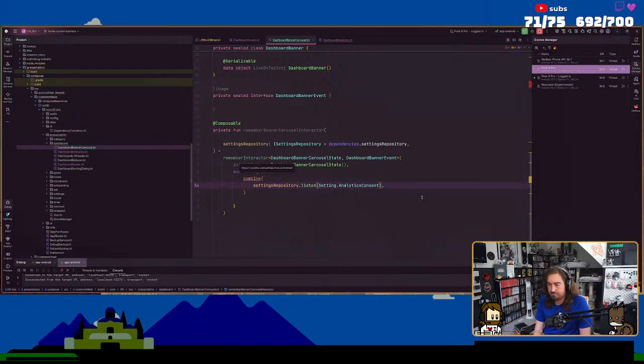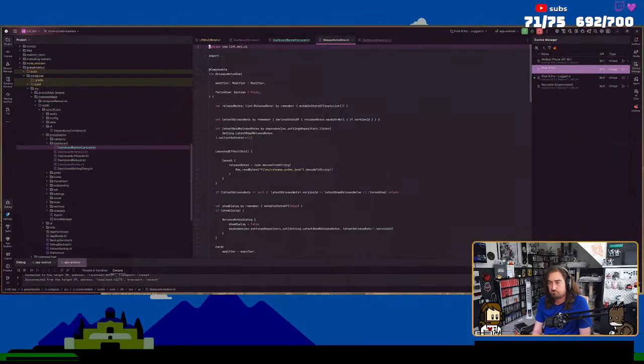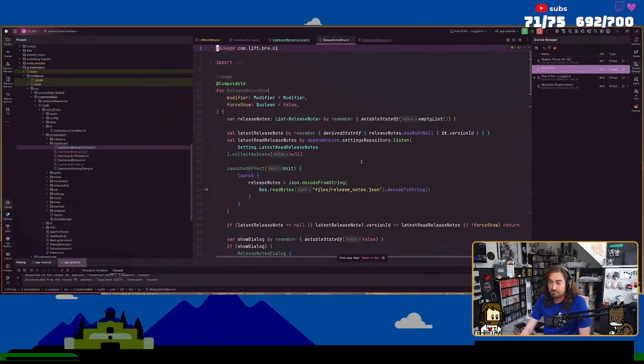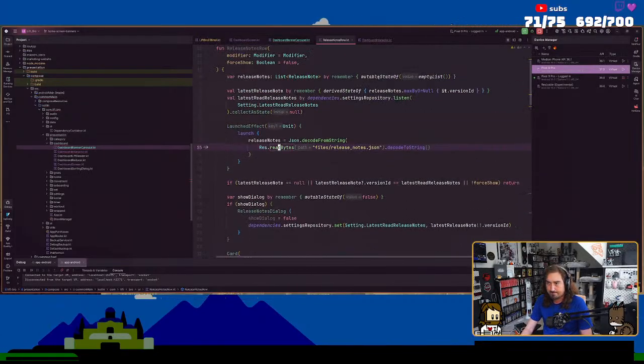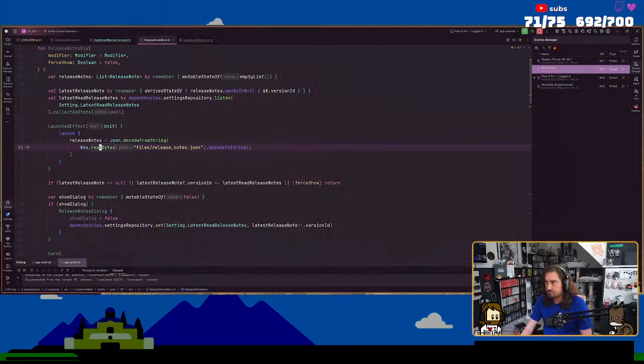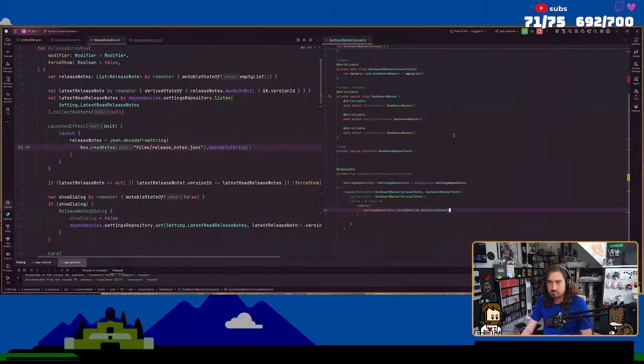And then, oh, the other thing is release notes row. So the release notes row actually was doing all the logic itself, which it shouldn't be doing. So now I'm going to pull this out into some sort of use case or something. Okay, so how does this work? Why do I have all these things open? We're gonna pull this over here. Can I?